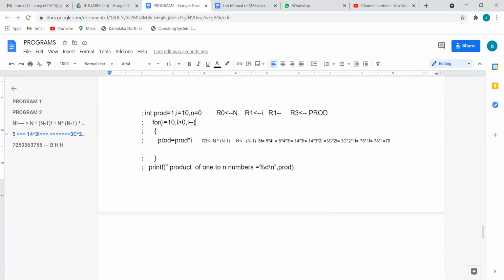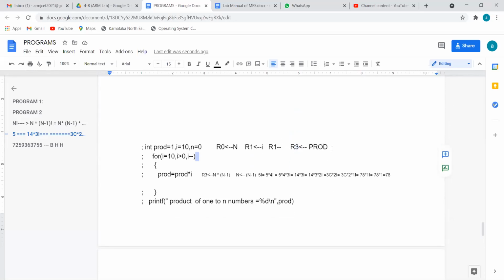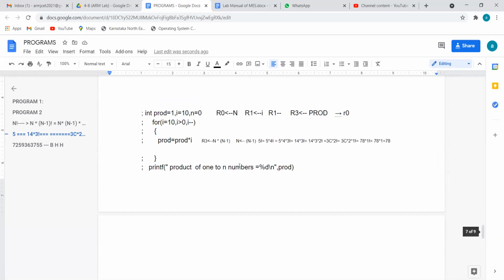So the final answer, where we get the final answer, is a variable I have selected in a printout statement. So final answer is product. Here also you can see R3. Sometimes because of one extra instruction, finally I am going to store this answer again in R0. So anyway, we will get that solution in both R3 as well as R0. Is it clear now? Is the program similarity clear?